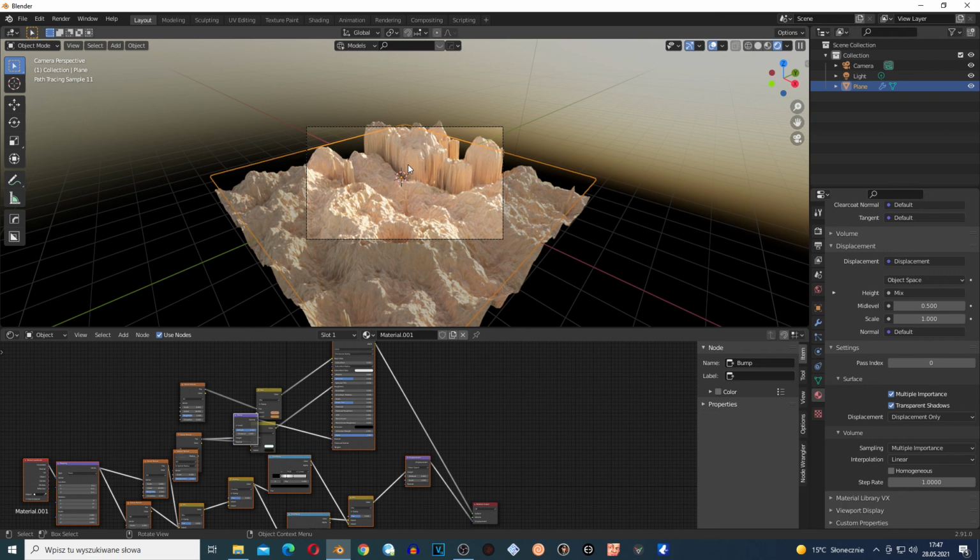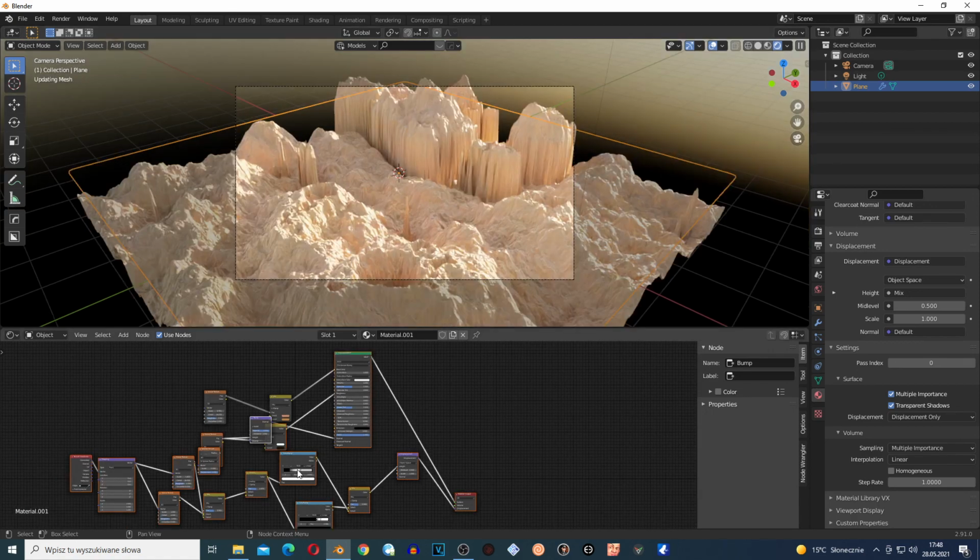Just noise textures mixing with mix RGB, another Voronoi or whatever textures mixing with mix RGB, and a color ramp to control this noise, if that makes sense. You can see this is a different landscape, this is different, and you can add, like I said, image textures to this one, or maybe, like I said,